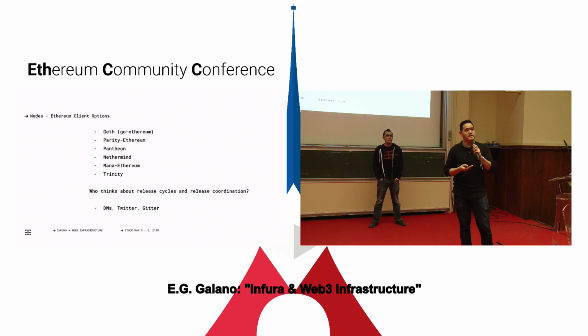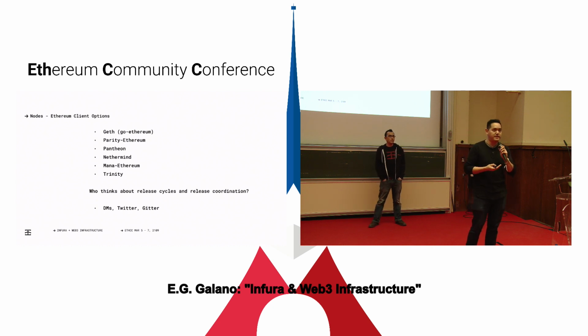If you wanted to be able to customize your own client and you're more interested in working in an Elixir code base, you could look at the Mana Ethereum client that Compound and POA Network and a bunch of others started work on initially as the Exthereum project, and now it's called the Mana Ethereum client, and you could participate in contributing to that. The Pantheon client is like a Java enterprise client that ConsenSys and the Pegasys team released a 1.0, I believe it was just last month, and so that's mainnet capable, and you can run that client as well.